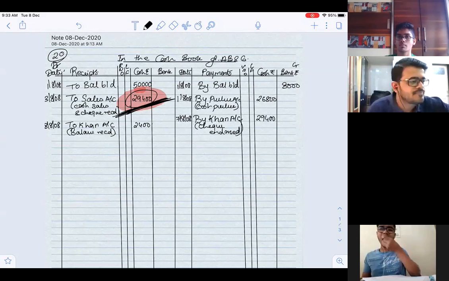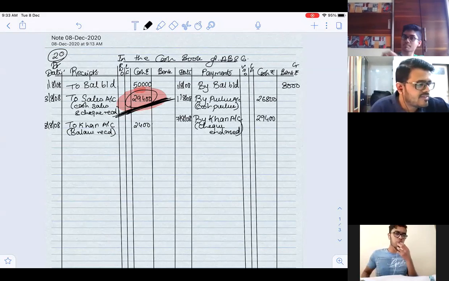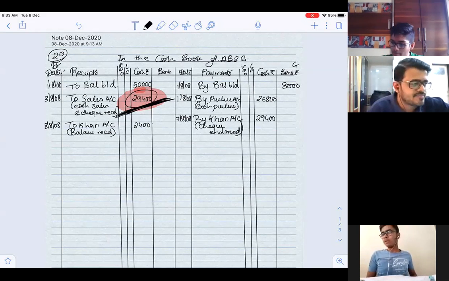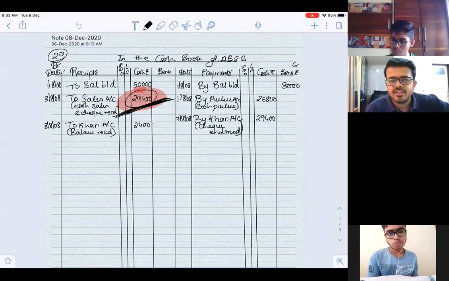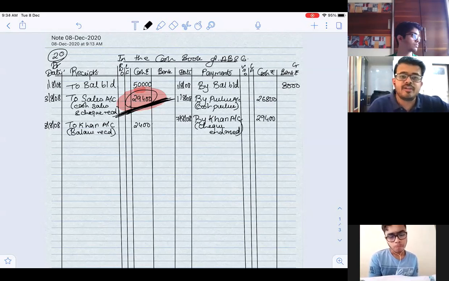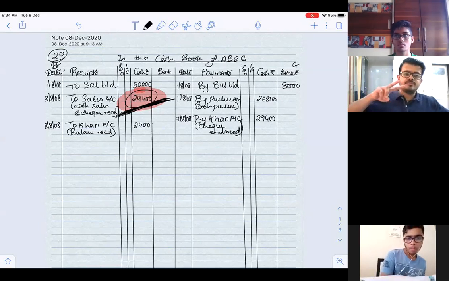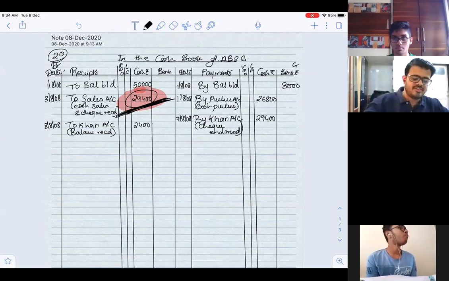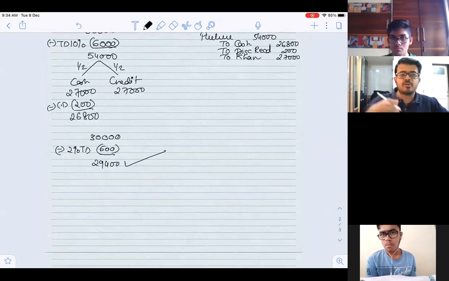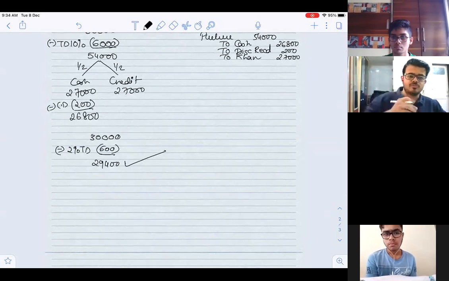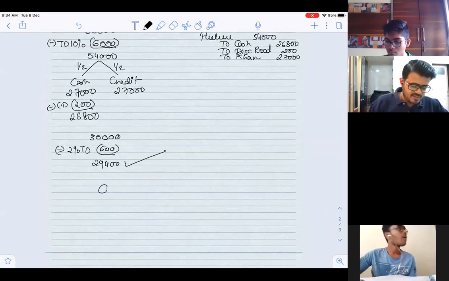क्या हो गया? You read transaction number 10. Check endorsed to Khan returns dishonored. How many dishonor entries? 1 or 2? 2 dishonor entries. I'll just write them down below. 2 dishonor entry. पहले तो जो खान को चेक दिया था वो बाउंस हो रहा है, तो उसका एंट्री होगा